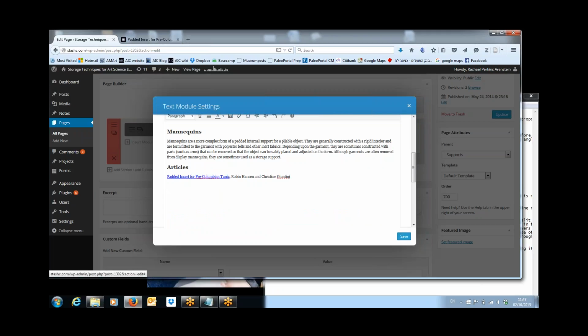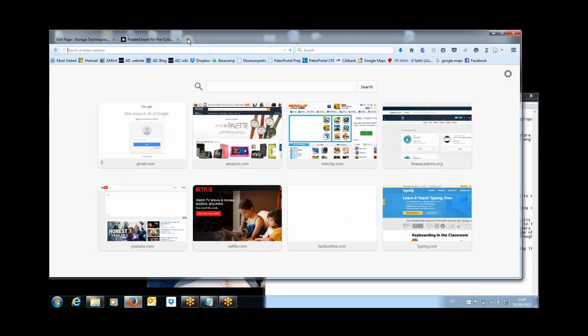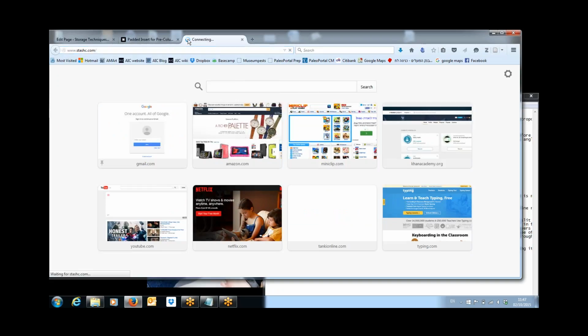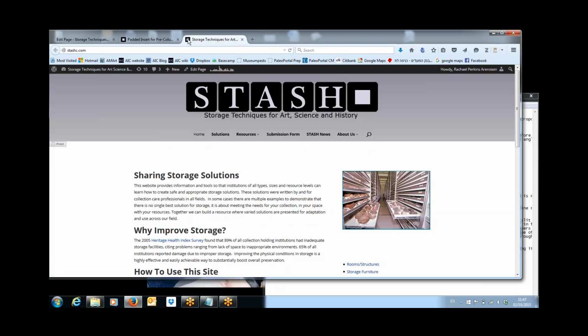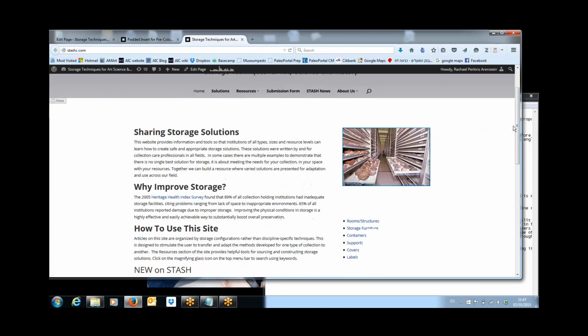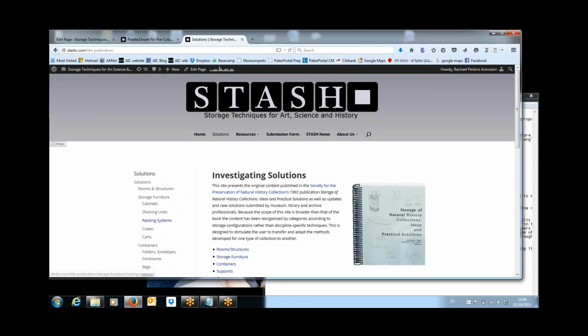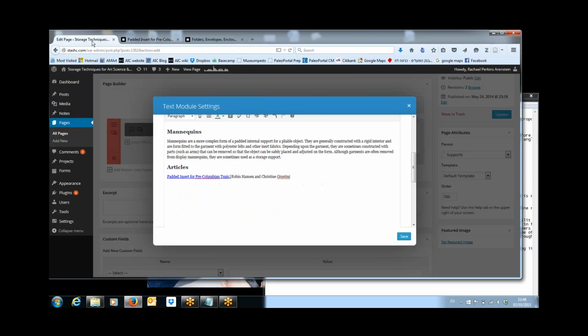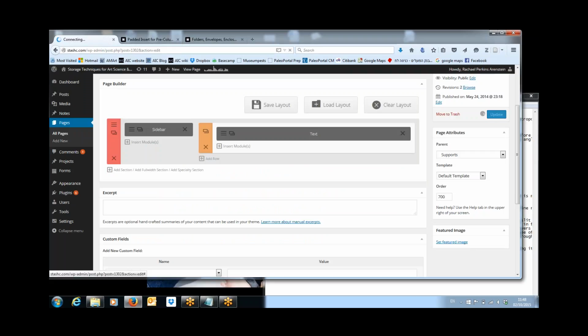I'm not sure if I have a comma there or not. Let's just quickly check one of our other pages. In our solution section, I just opened a new window so I can check how we formatted that. Yes, we do have the comma between the author and the title. Excellent. Okay, let's hit save here, update,